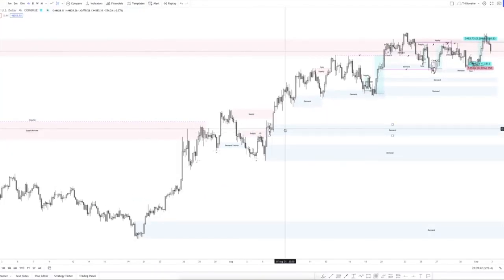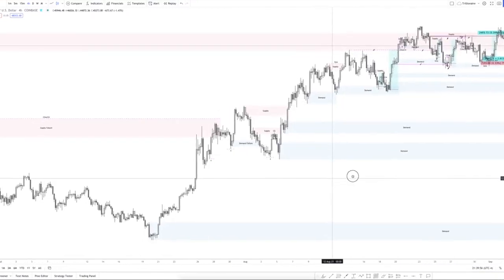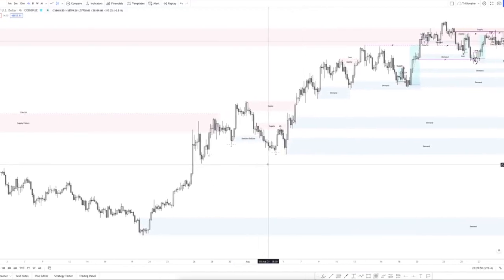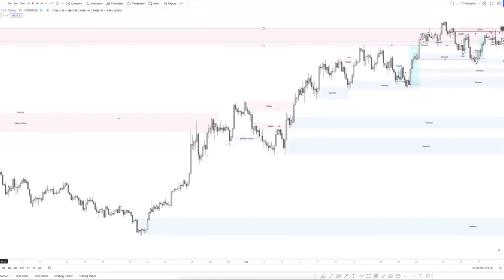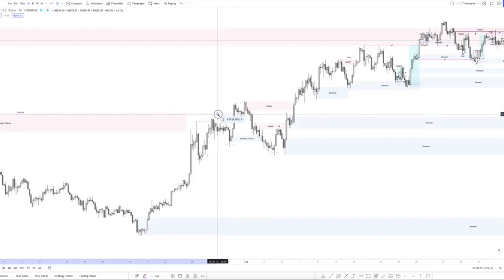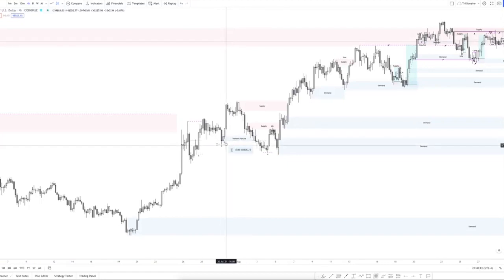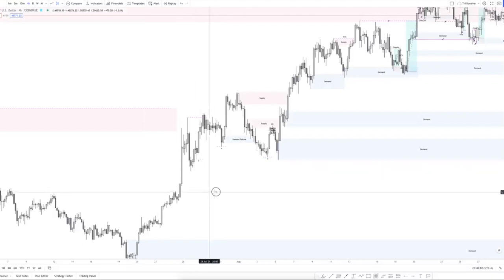So I actually did not look at the charts beforehand to find this inducement, so we're going to be finding it live together. One area that sticks out to me is right out the gate right here. Let's just move this stuff out of the way really quickly. I mean, you guys can even see, like right here I have, so obviously when we were in this area,